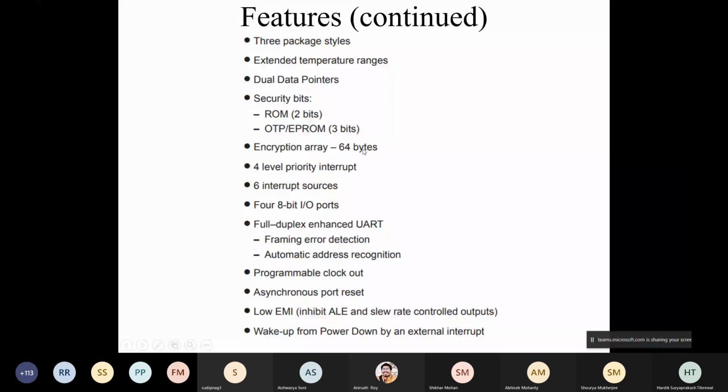And then low EMI. EMI stands for electromagnetic interference. Your microcontroller should be reliable enough to withstand electromagnetic fields around its vicinity. For example, you are keeping your microcontroller inside the switchboard of your home appliances for remote operation. Now, if you turn on and off your air conditioner or your refrigerator, there is a surge. That voltage surge may not affect your device.